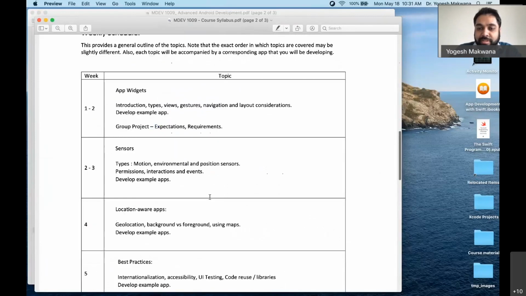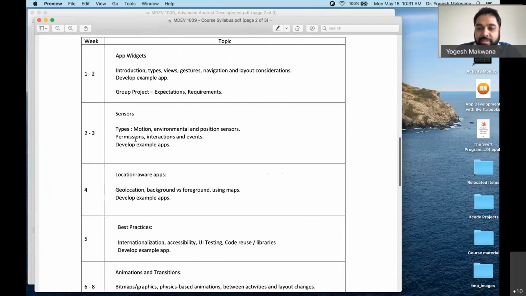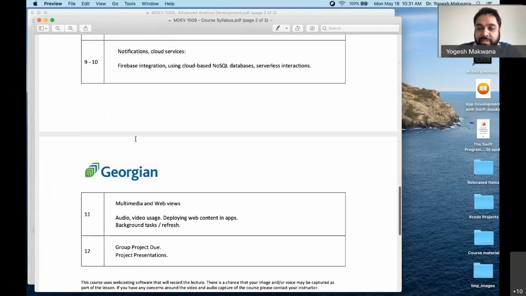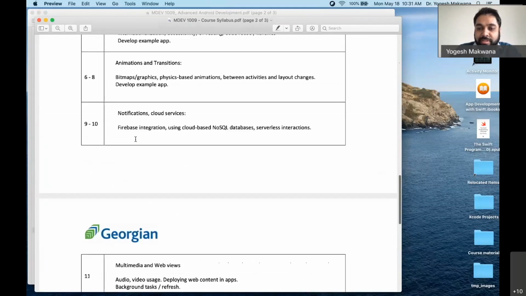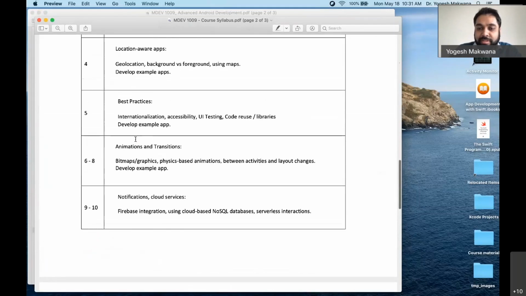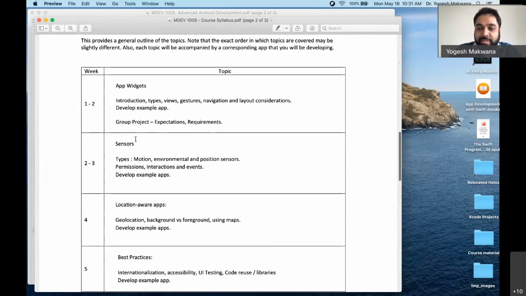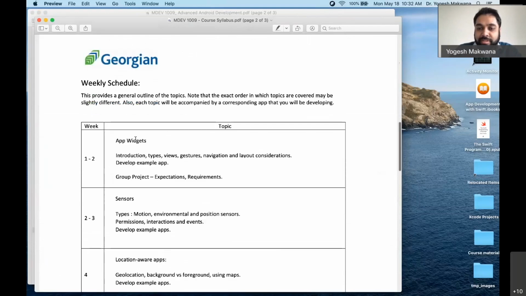These are the topics we will cover one by one. So today's lecture, we will start with what are called app widgets. And then, these different topics. And this order is not sacrosanct. I may change this. I may move some of these up and move some others down, depending upon what makes sense in terms of the process we are in. And sometimes also because some of you may have a need for some topic that is slated,